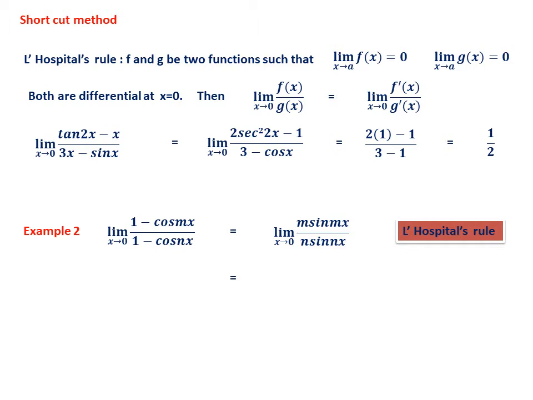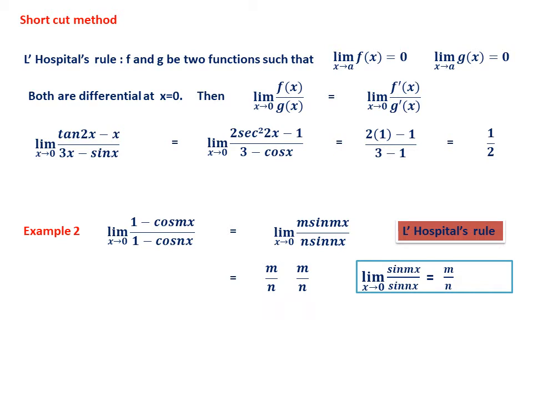Now you check whether you can directly substitute. Once again, I have already made one shortcut clear, that is limit of sin mx by sin nx. Algebra of limit, m by n is a constant, therefore definitely you can take m by n outside. Then limit of sin mx by sin nx is m by n, therefore it is once again m by n. So now this will be equal to m square by n square. So this is the result.